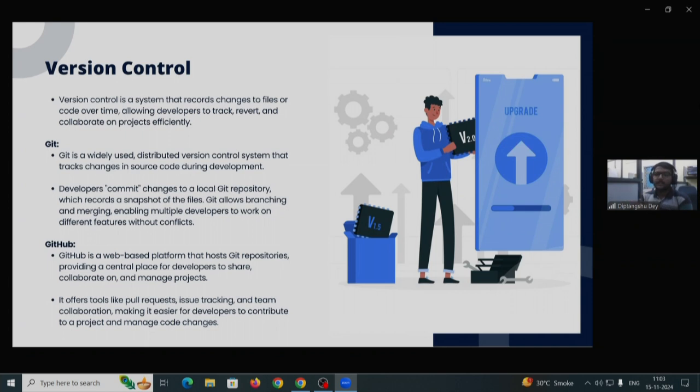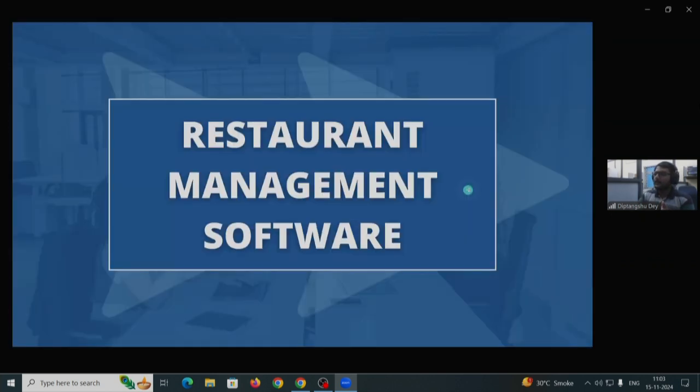Moving on to GitHub. GitHub is just a platform that hosts Git repositories, and it's the most popular one out there. There are also some more version control hubs or web-based platforms to host Git repositories, such as GitLab or Mercurial. You can also check them out, but GitHub is the most popular one. So during the hands-on session, I will go through some of the commands that are used in Git and GitHub. So moving on, now